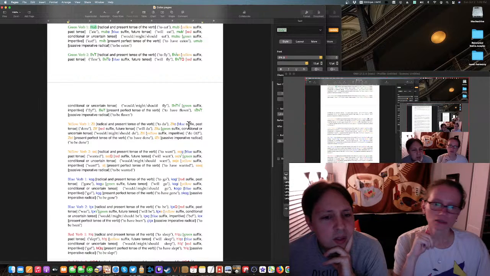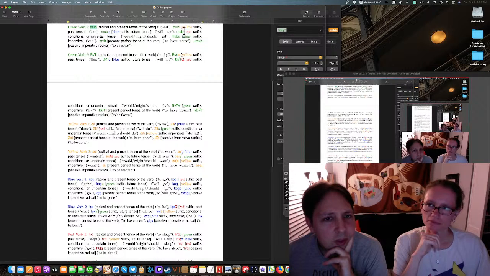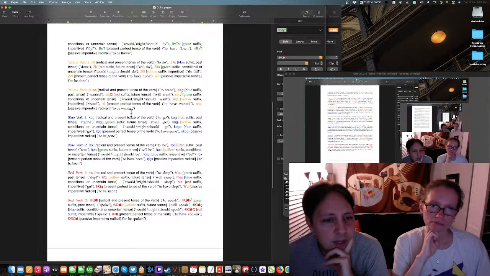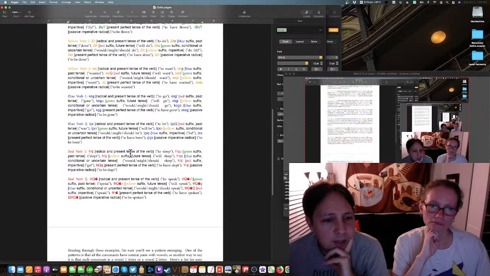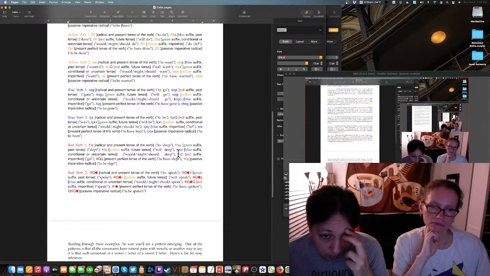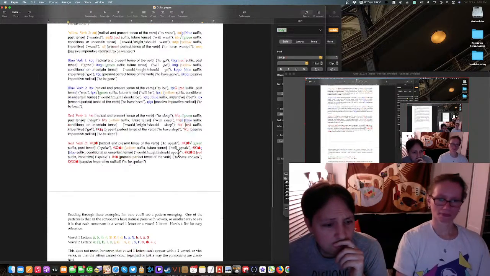Yeah. And so, for example, here you can see the yellow is past tense for green verbs, but blue is past tense for yellow verbs. And then red is past tense for blue verbs, and green is past tense for red verbs. So everything kind of skips over one another. I did something similar, oddly enough, with Sondive for Star-Crossed, except not with colors, with cases that didn't have any fixed meaning.